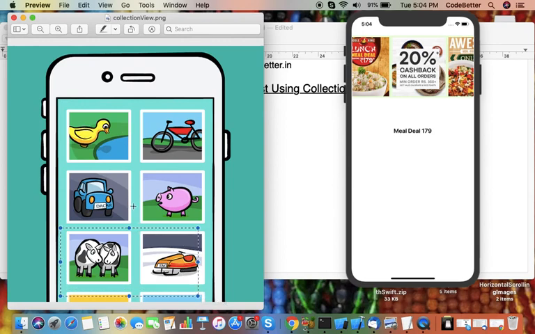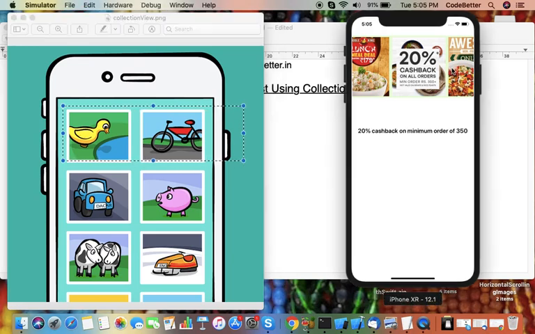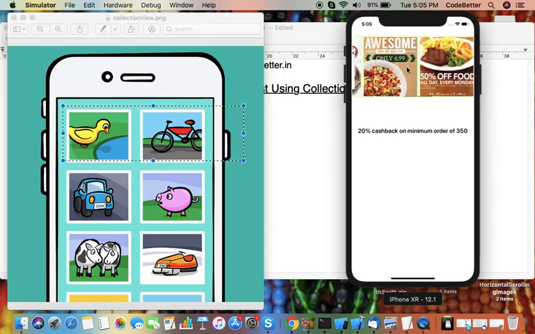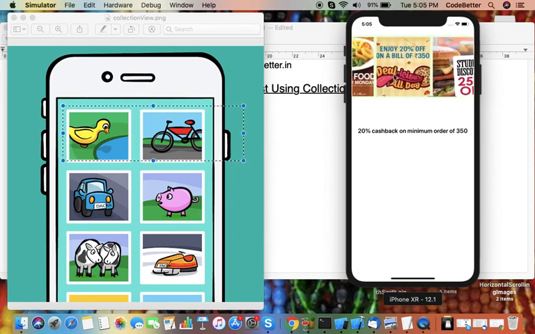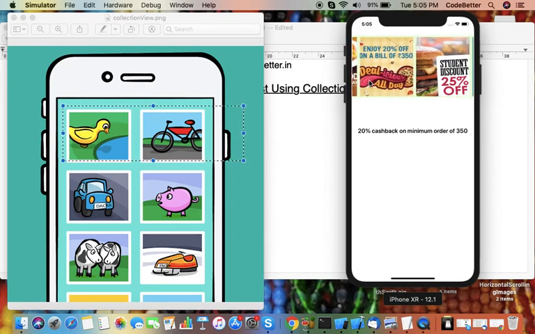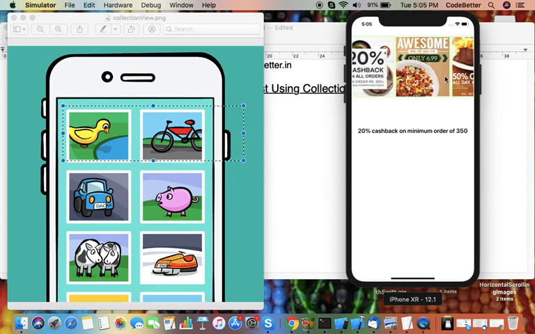Here we can scroll these images vertically, but if we make the scrolling horizontal and put all the images in a horizontal way, it will look like this scrolling. So in place of making it vertical, we make it horizontally scrollable.